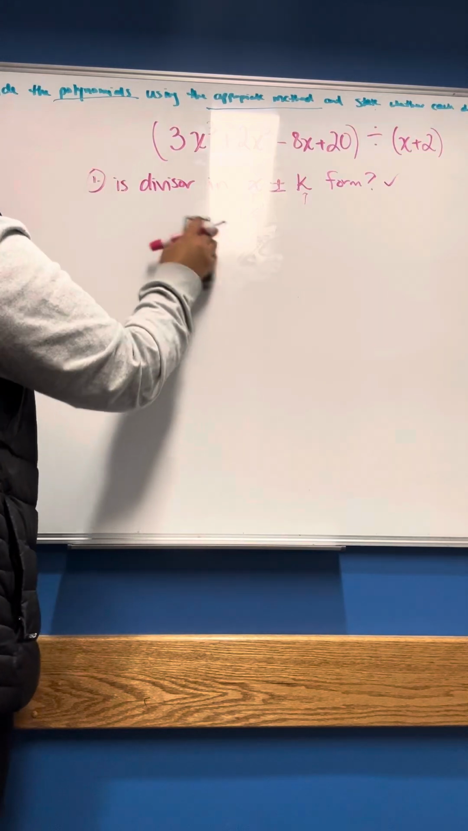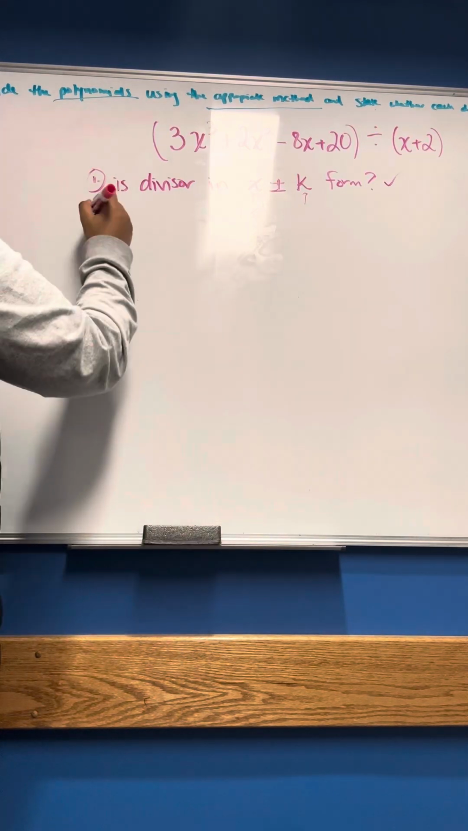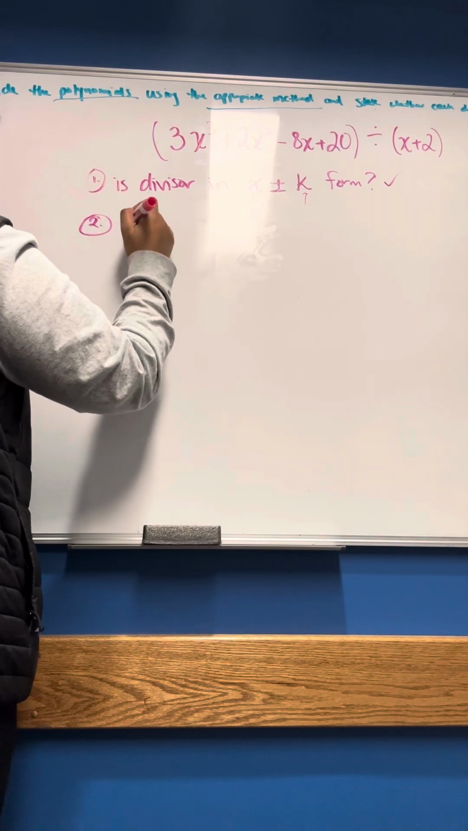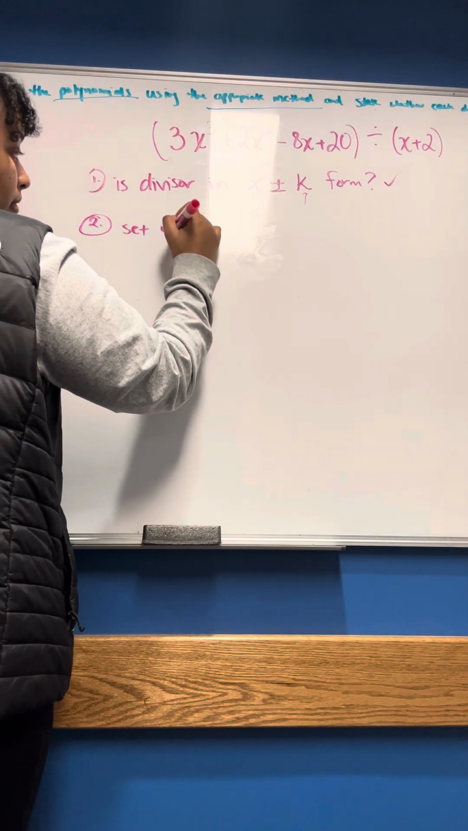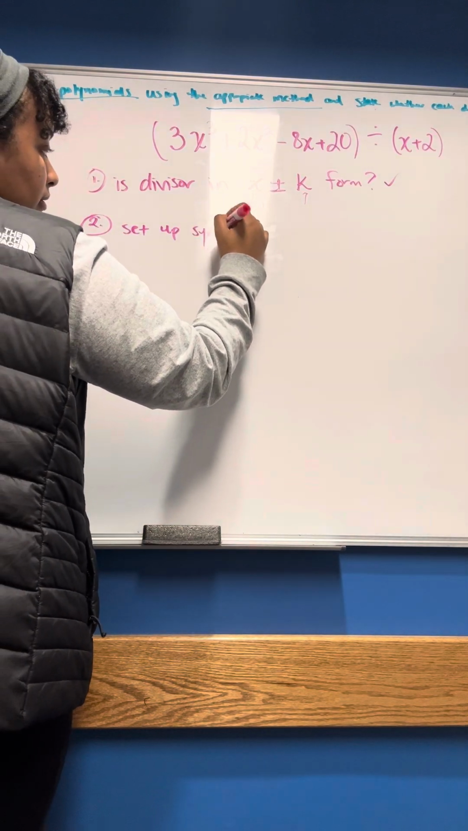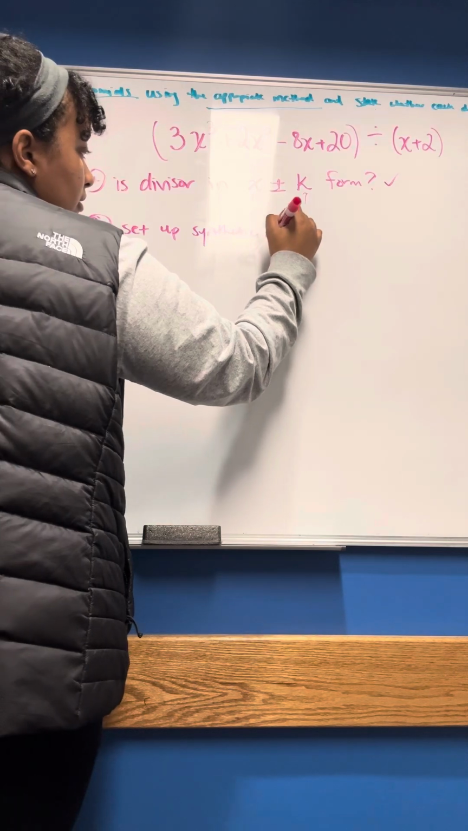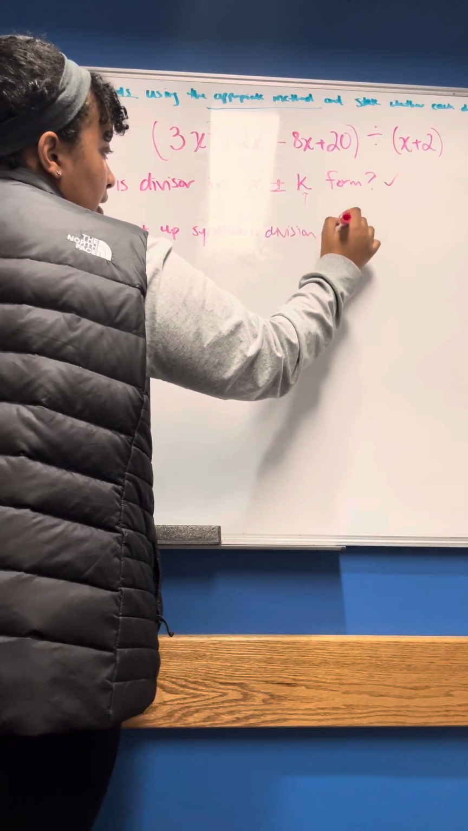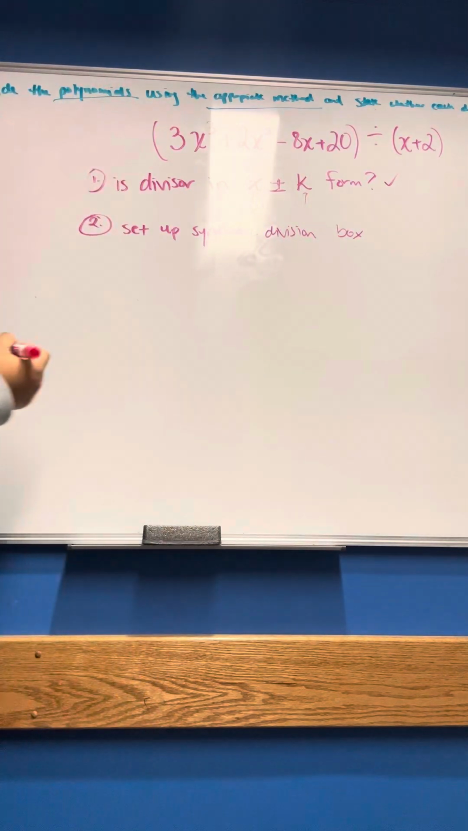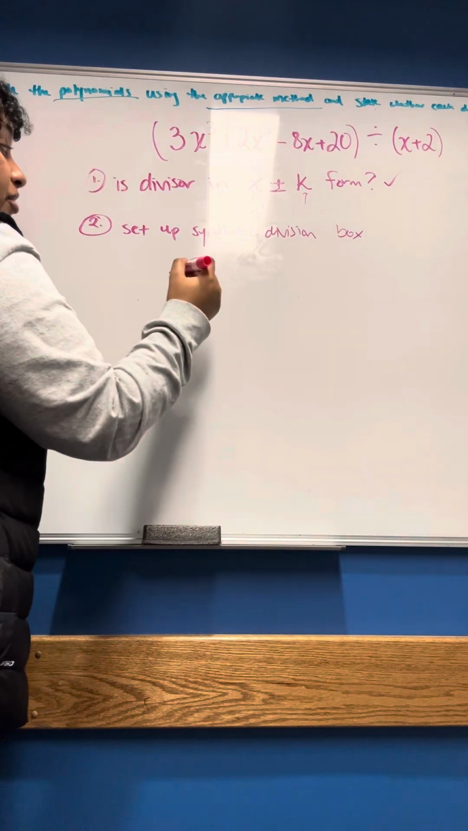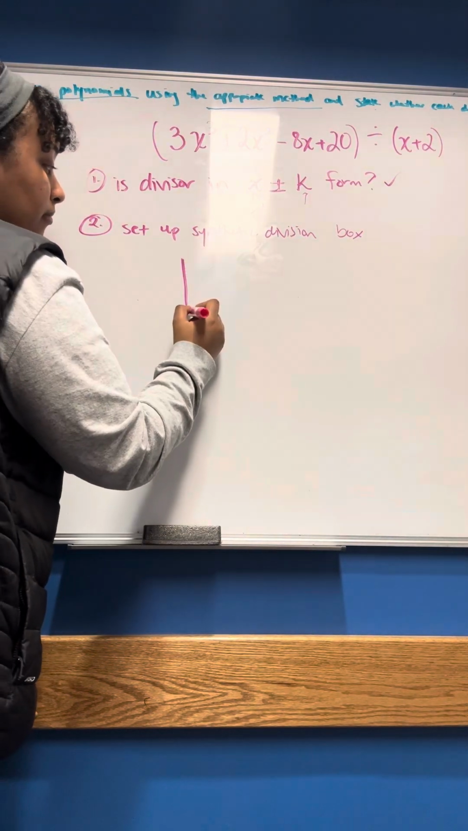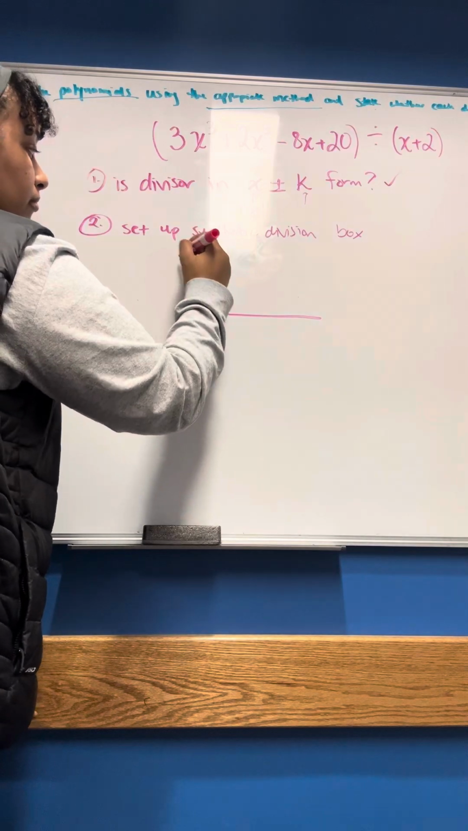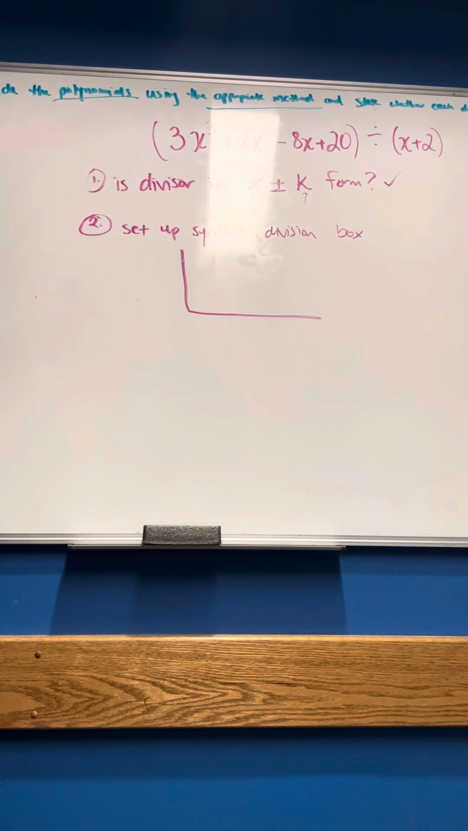To start synthetic division, we have to set up our box, okay? Now this is the second step. Set up synthetic division box. Okay. It kind of just looks like the upside down long division box, but it's just a little bit deeper, I guess. So the way we set that up is the first thing we do